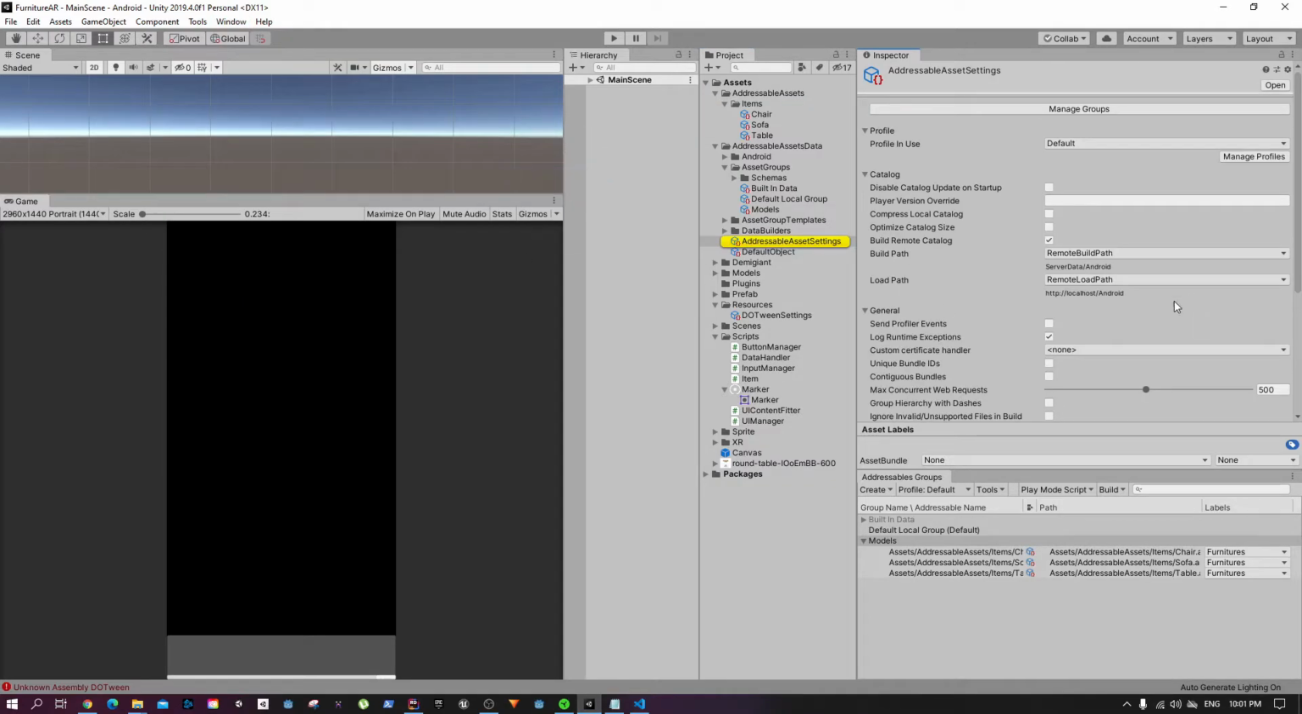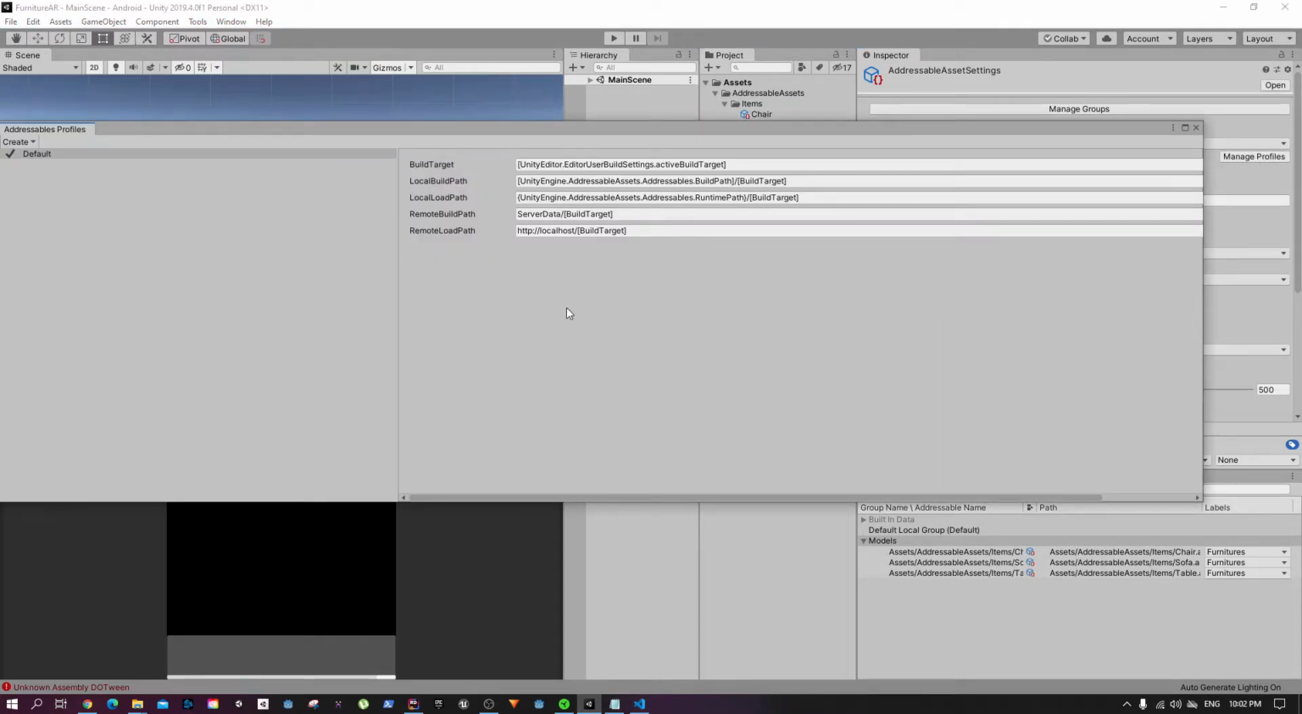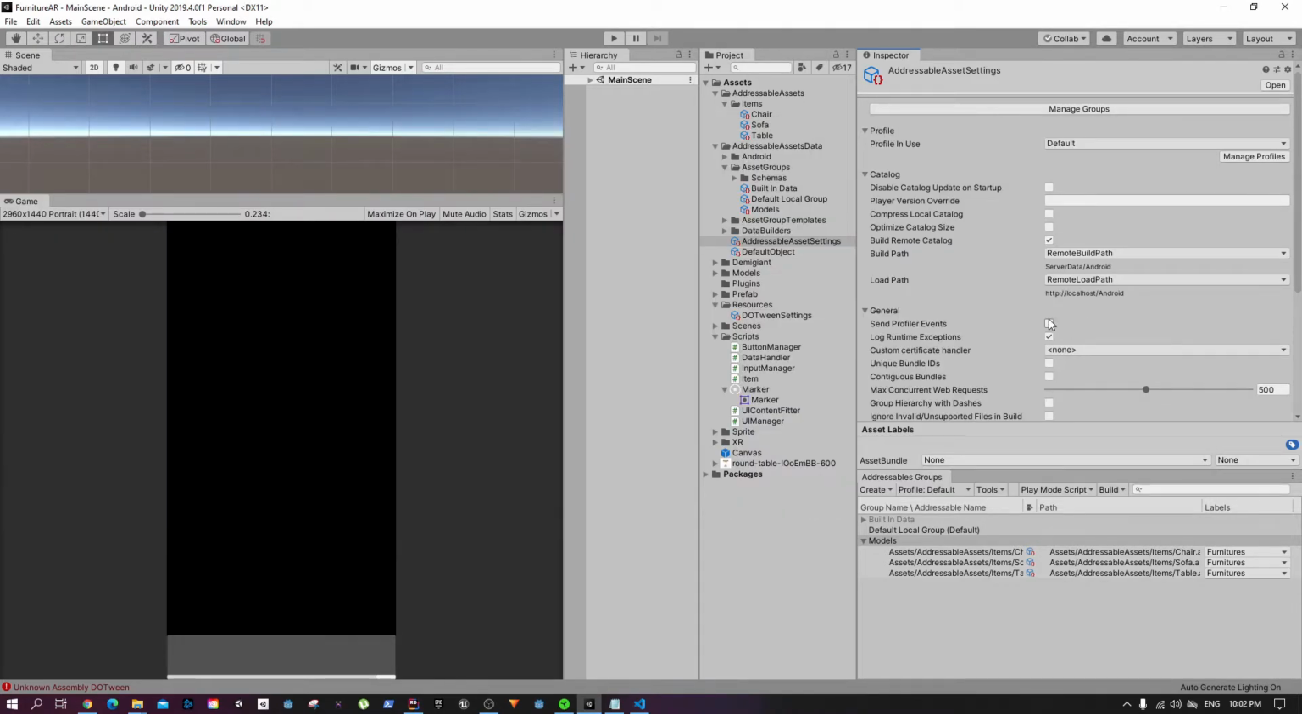and we again need to go to that setting, addressable asset management settings, and in here we need to manage the profile, and in the remote load path we need to change the local host with this. All right, now if I save,